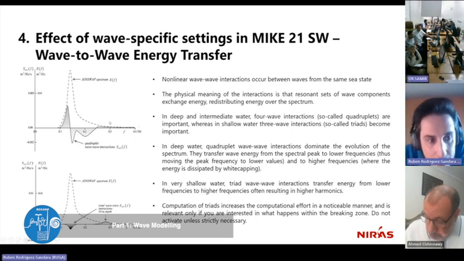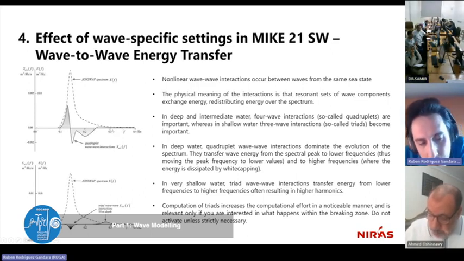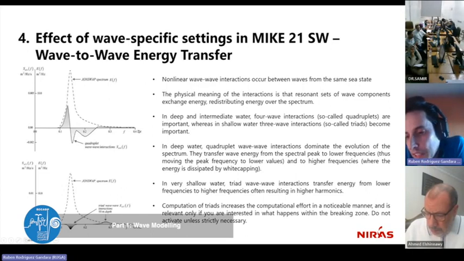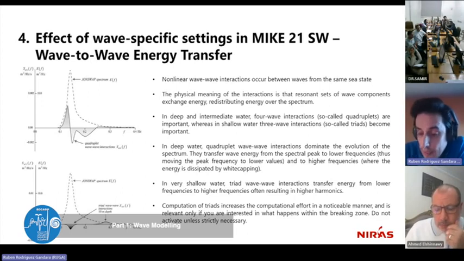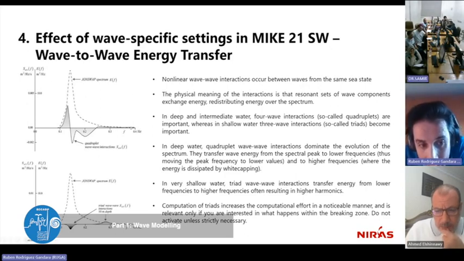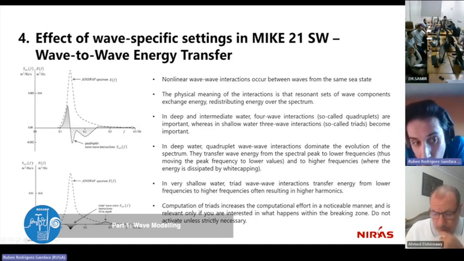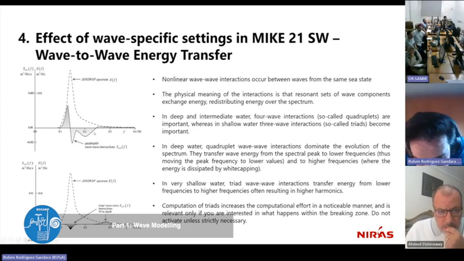the quadruplet is the big one in here. This is the energy spectrum. This is the frequency. When we are moving into higher frequencies, that means we are going into lower or shorter periods. And in this area, what we've got is the opposite. We have smaller frequencies, which mean long periods. So what happens at the offshore area when the waves are starting to travel within my domain? That for a given sea state, energy in the higher frequency part of the spectrum will be disappearing, as you can see here that it goes negative, and will be transferred